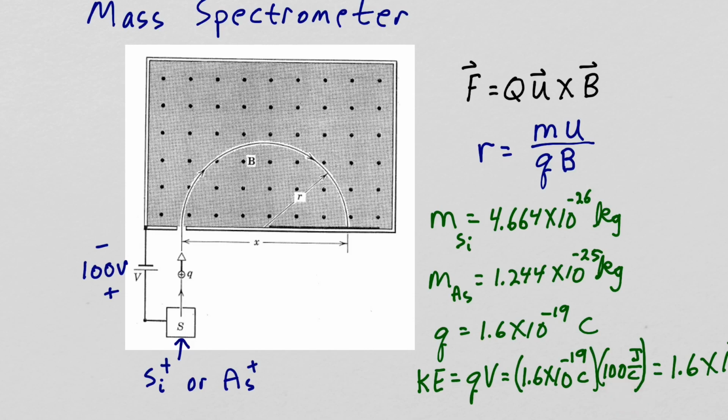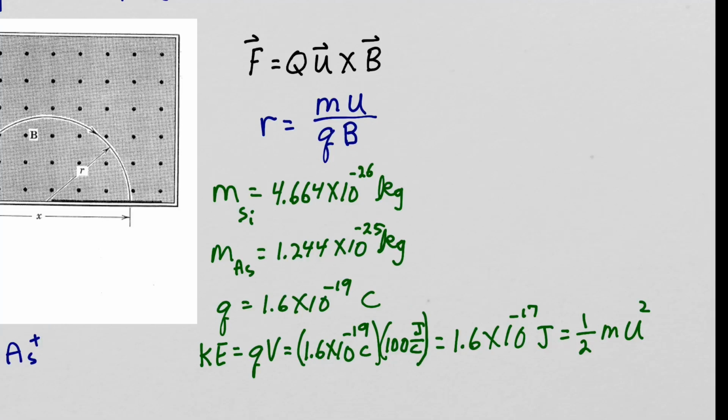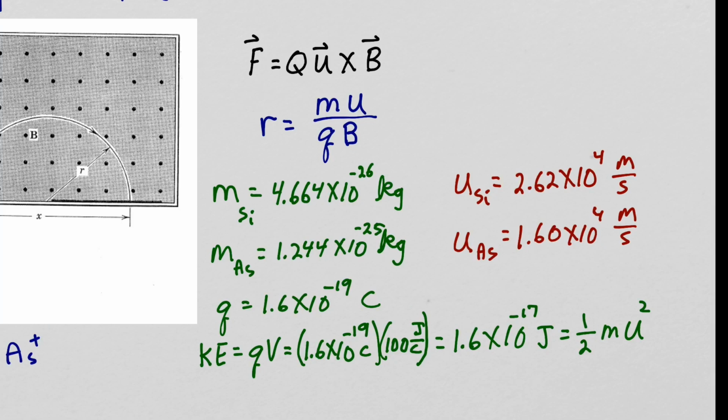So the kinetic energy is 1.6 times 10 to the minus 17 joules, which equals 1/2 the mass times the velocity squared. So we can calculate the velocity for the silicon and arsenic ions by substituting in the mass for the silicon and arsenic ions. If our species is silicon, it will enter the magnetic field region with a velocity of 2.62 times 10 to the 4th meters per second. And if it is arsenic, it will enter the region with a velocity of 1.6 times 10 to the 4th